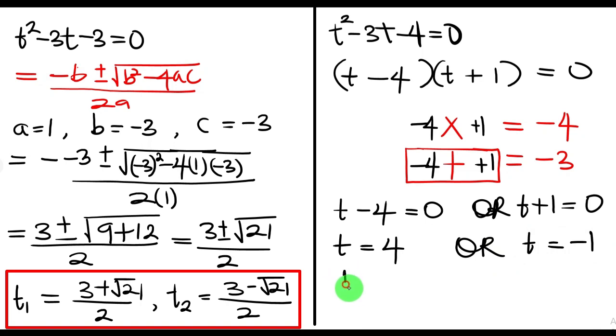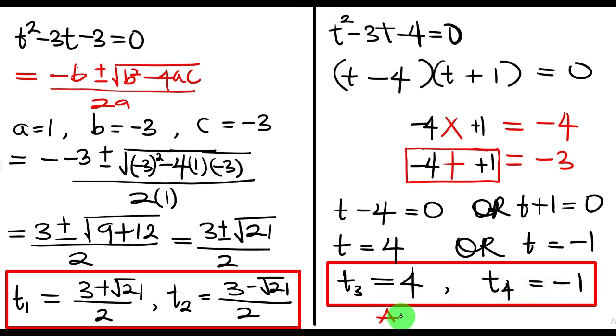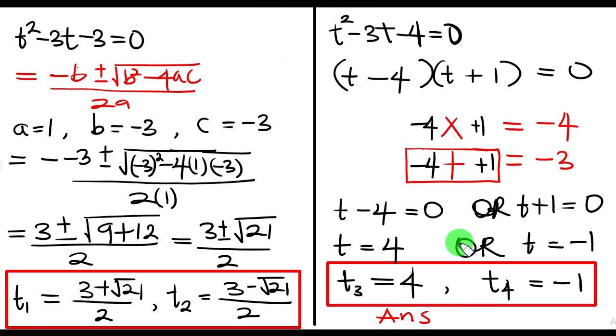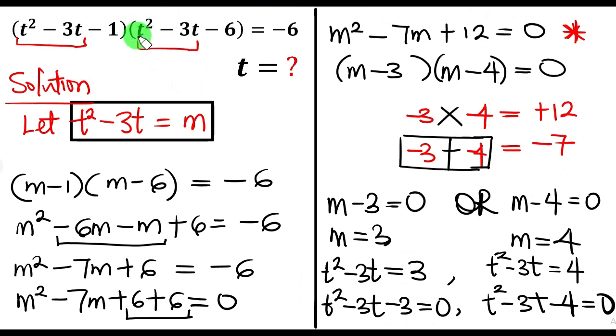So we say t3, that is the third value of t, is 4, then t4, the fourth value of t, is minus 1. So it is the final answer. In case we need to verify this answer, we go back to the question and substitute the value that we've gotten for t. We can substitute for this whole number. We have 4, we have minus 1, replacing wherever t is here,